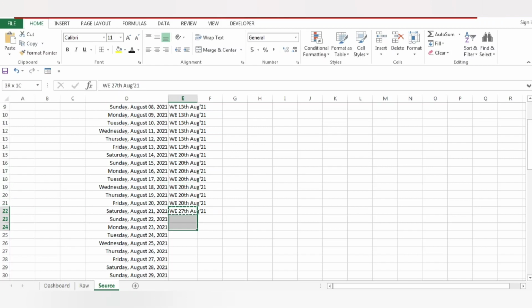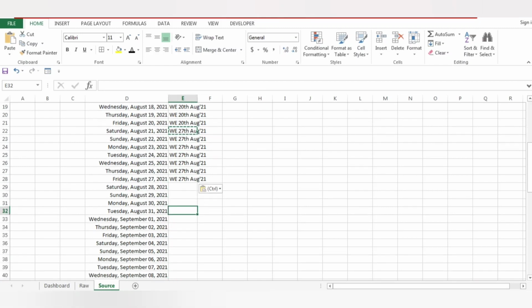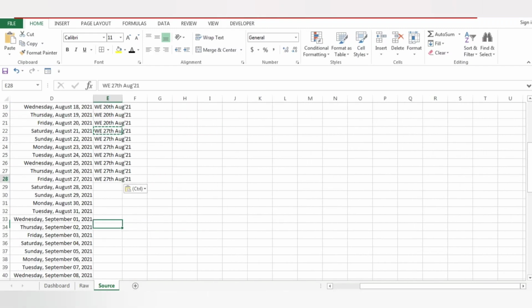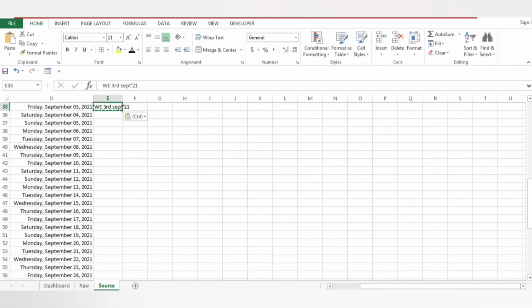Correct. Now 27th, which ends here at Friday. Now what will be my next weekend? My next weekend will be on September 3rd, which includes 3 dates of August also. No need to worry. Okay, so my next weekend is on weekending, and we will change it here to Sept, and the date will be 3rd September. Correct. Okay, so in this way we will just add it for the others as well.